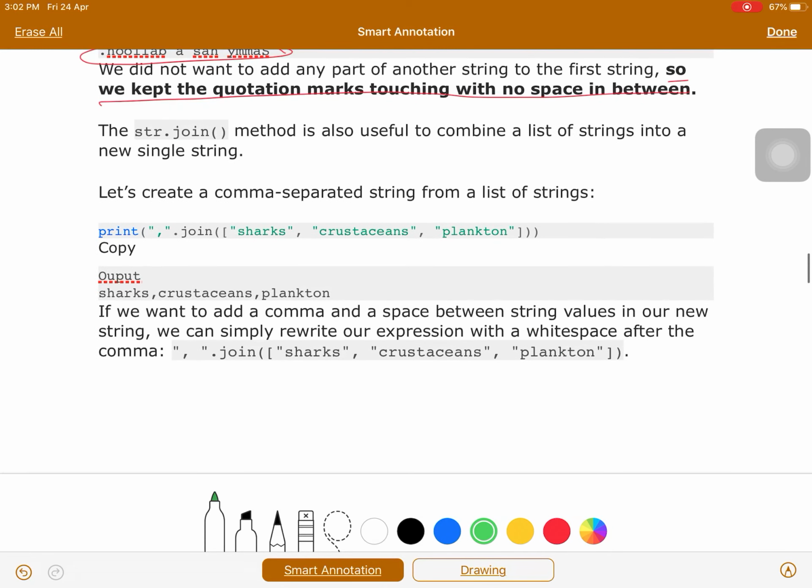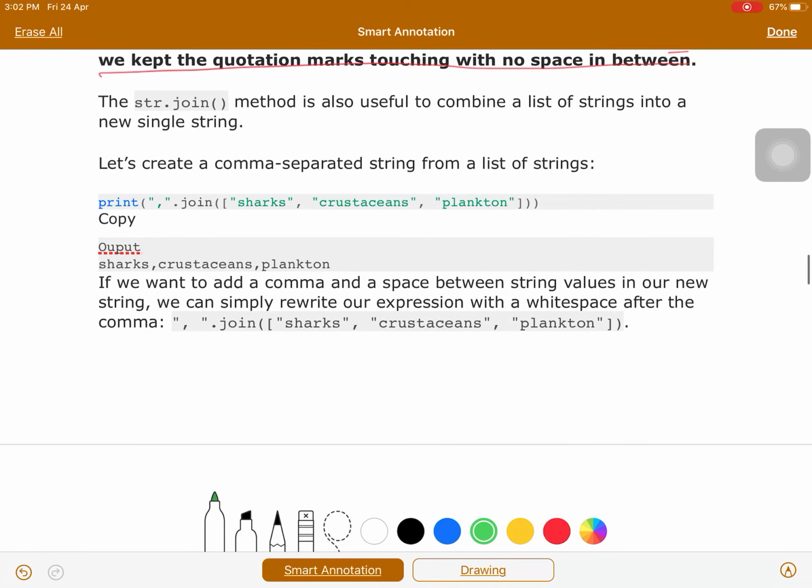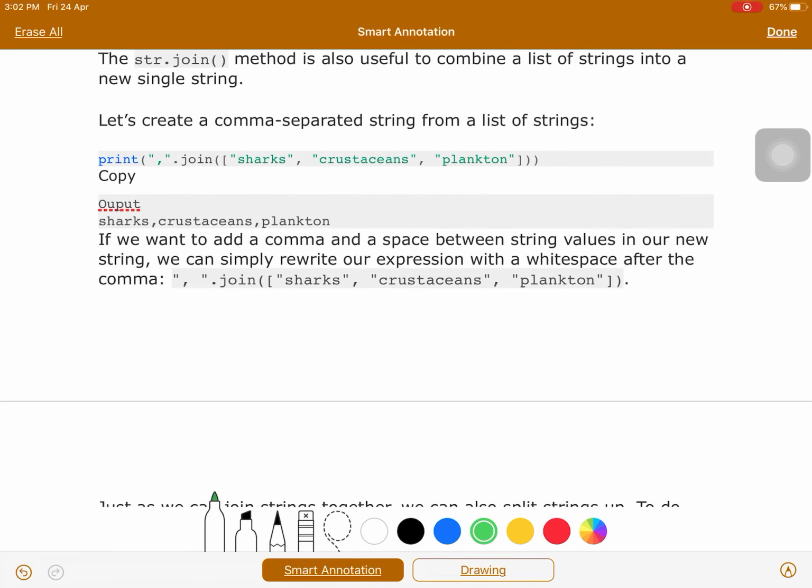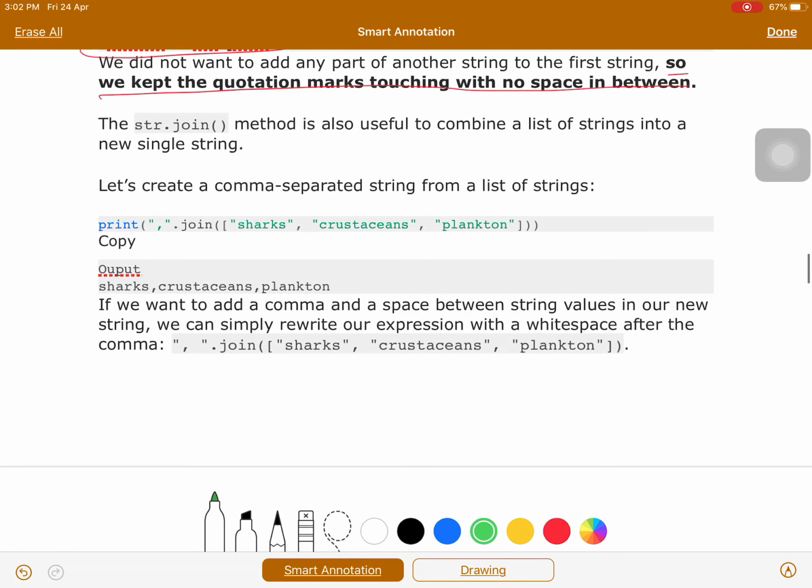Okay, I have written it a little boldly also here. Please take care of it, read it carefully. Even if I don't explain, if you read carefully you will get to know what is there in this video. Okay, so if you want to join with the comma, and this is a sequence